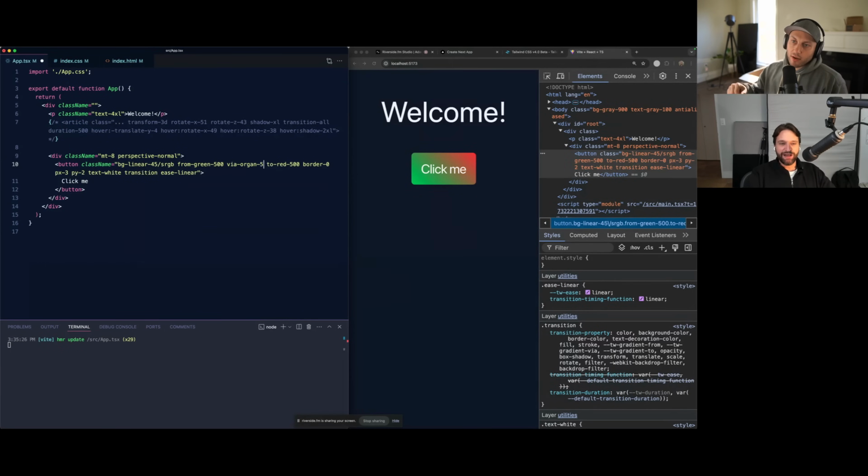And you would have had to do via orange, via orange 500, yeah, exactly, and you can still do that. And now you get something pretty similar to what you had before. But even still, if you keep the via thing and then get rid of the sRGB, it'll still be a little nicer, I think. Yep. And you can also do this: get rid of the via completely again,